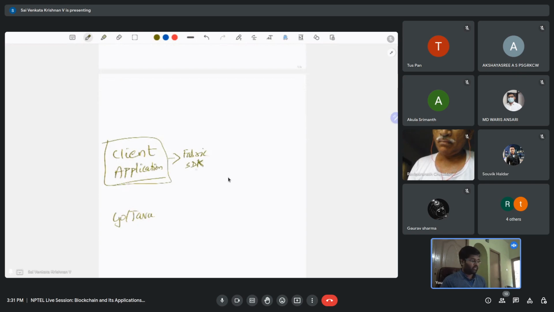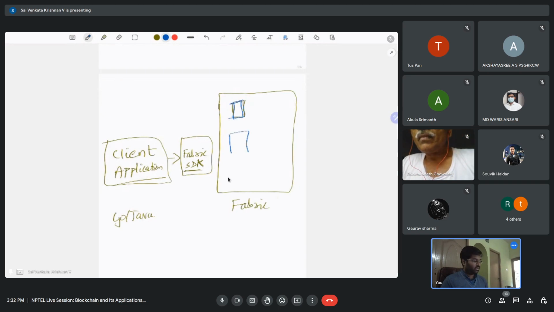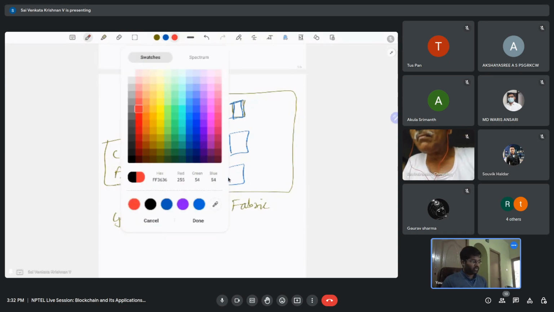So the software development kit is a set of APIs. Say you want to vote for some person. You will use these APIs to interact with your actual Fabric platform and all your nodes. So say node 1, node 2, node 3, like that, so many nodes would be part of this Fabric network, and your transaction will be submitted to